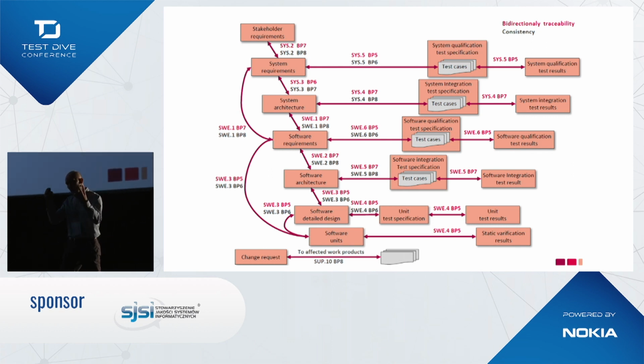That means that all the artifacts that we create in our project, in development, requirements, development, testing, and so on, have to be linked all together. So I have to find a way from the test run or test result until the highest level of requirement. And the second thing, this is consistency,